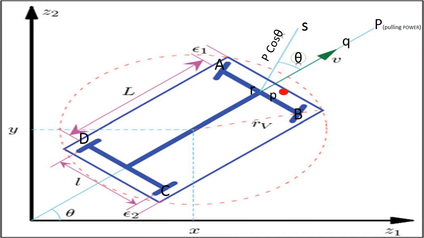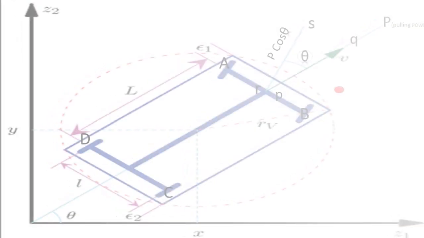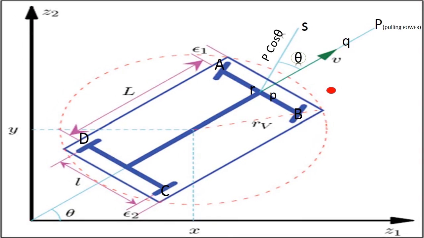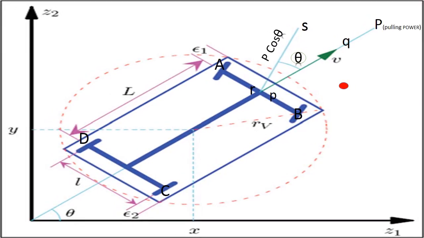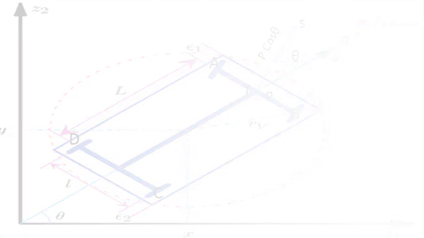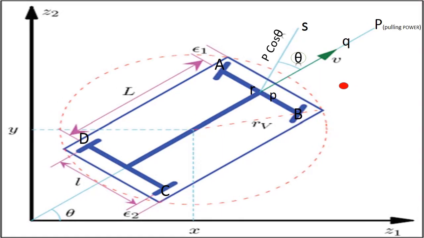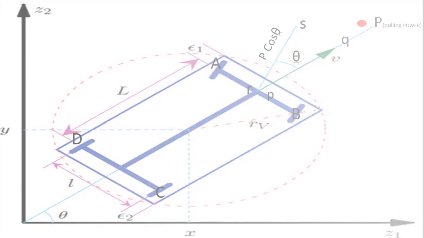The loss of tractive force due to turning of a vehicle on a horizontal curve, which is termed curve resistance, will be equal to P minus P cos theta and will depend on the turning angle theta. Hence, the tractive force available in this direction, the pulling power, equals P cos theta, which will be less than the actual tractive force P applied.